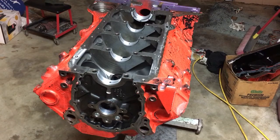Hey guys, a little bit more of a follow-up on this 350 Chevrolet overhaul. I'm going to call it a freshening because basically I'm just going through, rechecking the bearings, making sure they're good, checking the clearances, rehoning the block, going with a fresh set of rings, and changing the pressure on the oil pump. I mentioned in some of my other videos that I had put a high volume oil pump in this engine